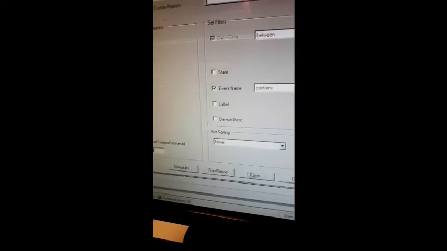So that is trouble. Then we need to generate disable. You run the report, then done.